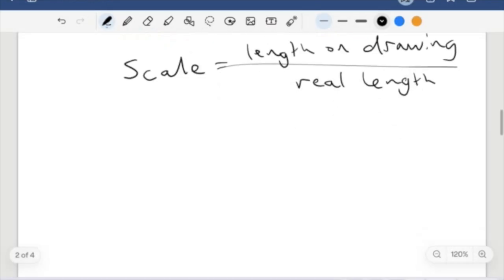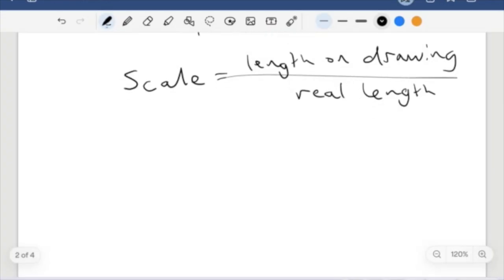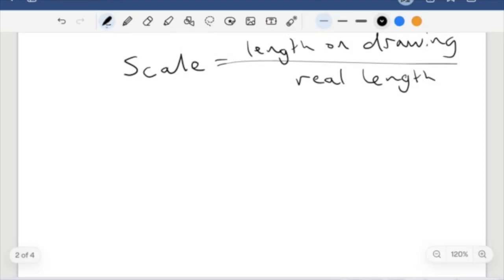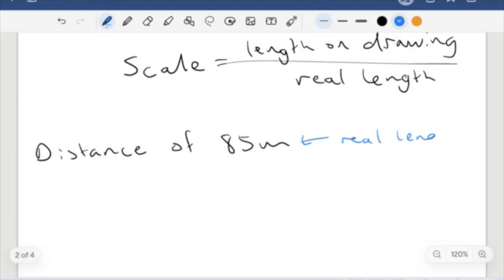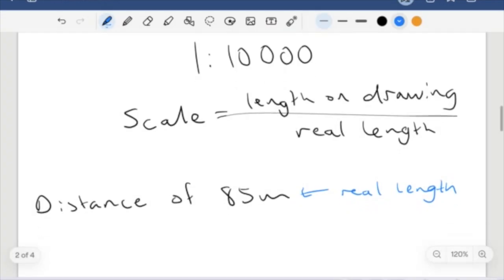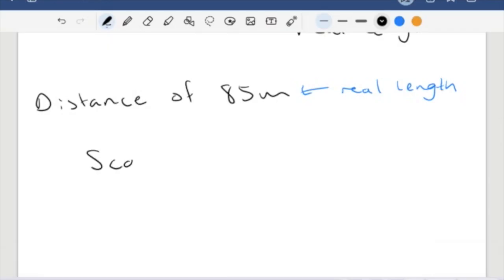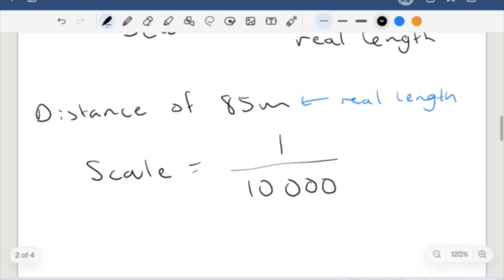So if we look at actually applying this concept, let's say we have this particular scale and we want to think about what the length of the scale drawing would be to represent a distance of 85 meters on actual land. So this 85 meters is our real length. And using this particular thing we came up with here, if our scale is 1 to 10,000, that means that our scale